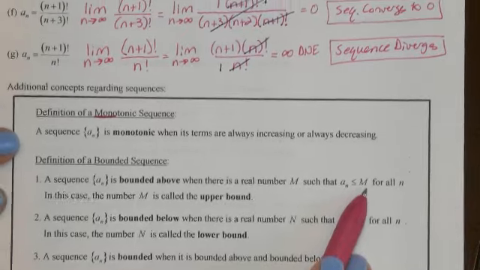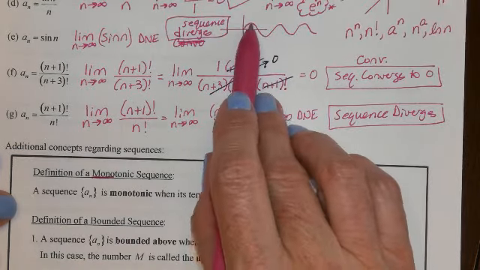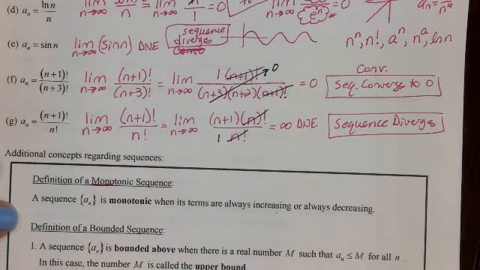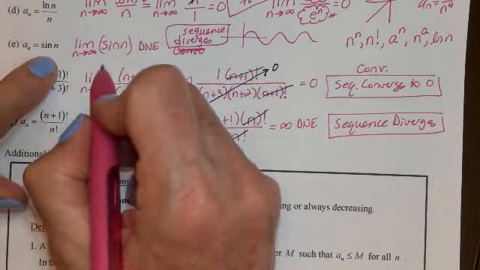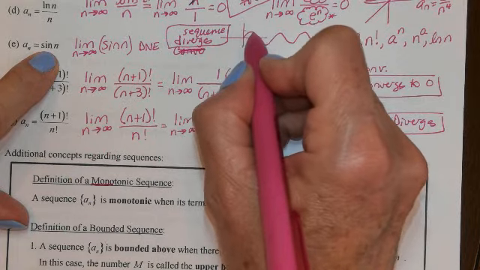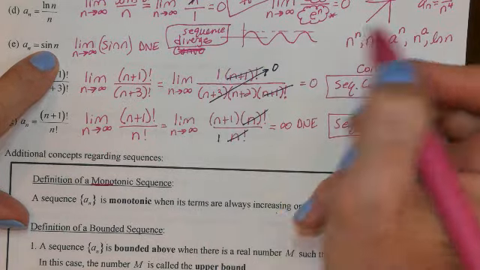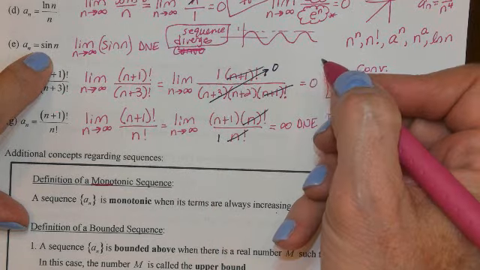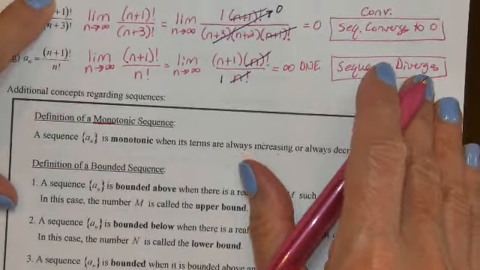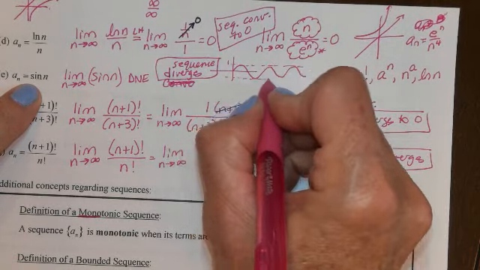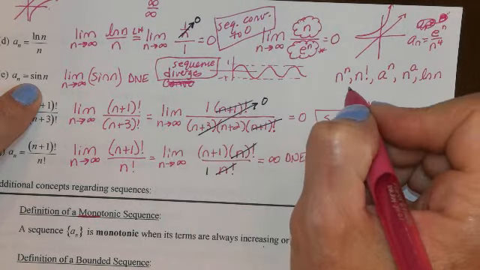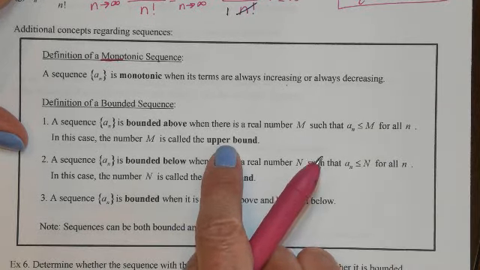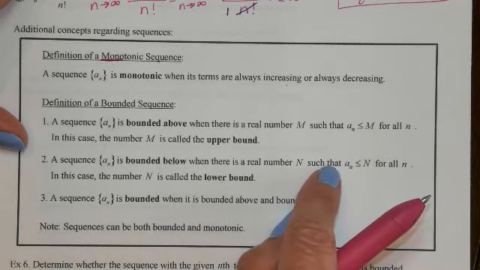So think of a graph. Think of this graph of sine up here. Every term is less than or equal to 1, right? So this sequence is bounded above. There's no term in the sequence that goes above 1. So it's bounded above by 1. Okay? And it's bounded below by -1 because there's no term less than -1. So it has an upper bound of 1, and it's bounded below, it has